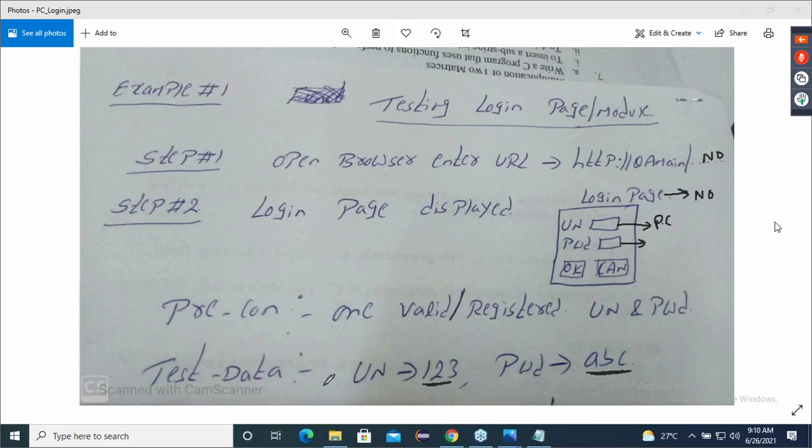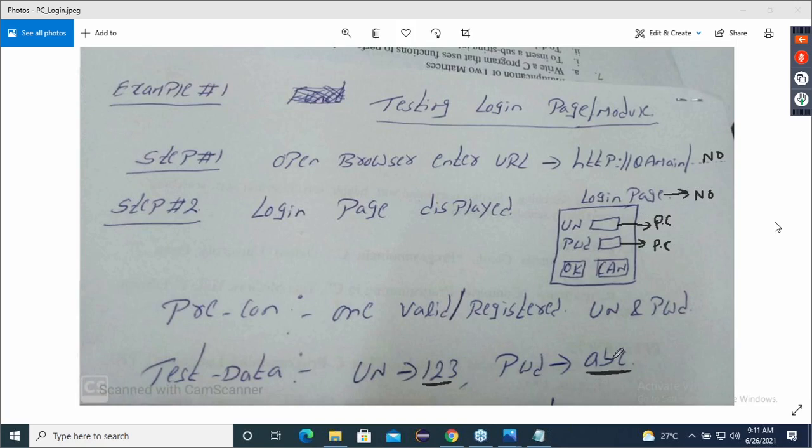Correct. According to the requirement. Perfect, guys. So according to the requirement, I'm giving a suggestion that the test engineer, if I am not there, if you're executing, first has to create a username as 123 and password as ABC. Now my question is, guys, when the author is writing the test case, can he create this test data, or can he only give the suggestion?